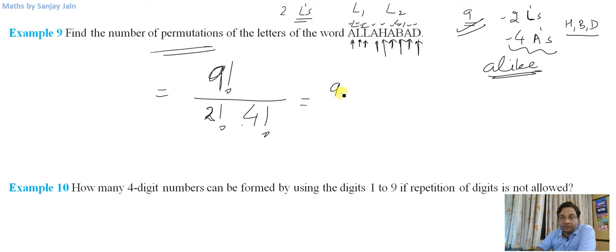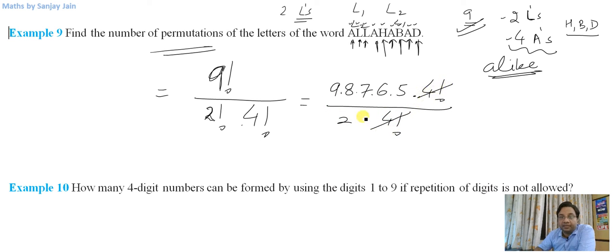Calculation part, let us do it for these examples. Then for some of the questions, I may leave the calculation part to you. This is 2 into 4 factorial. 4 factorial I am cancelling directly. 2 here will give me 3. 5 into 3 is 15, into 7, 105, into 72. So I'll be leaving the calculation part to you in some of the questions. I hope you will understand.